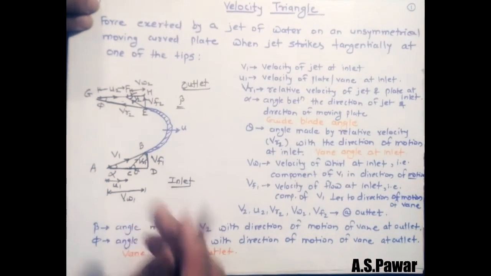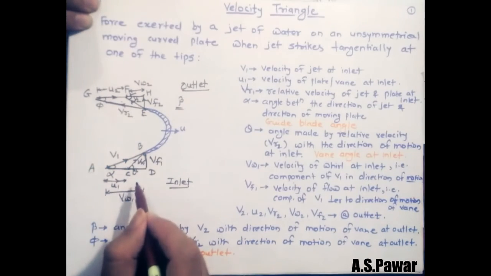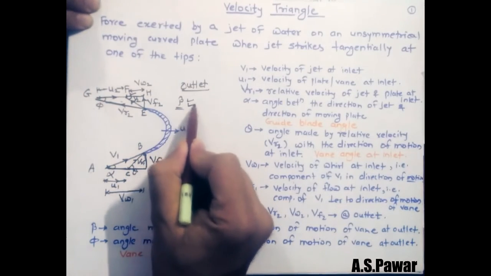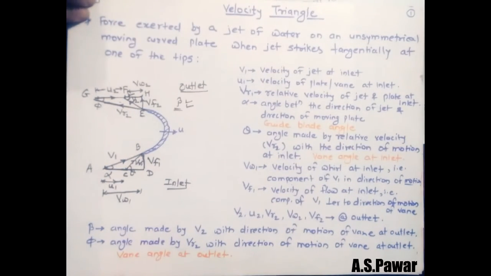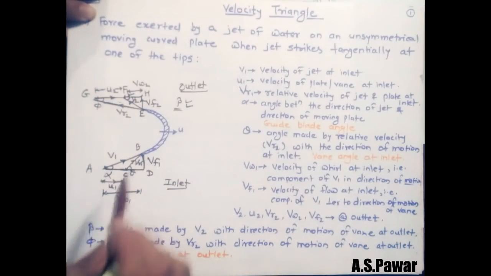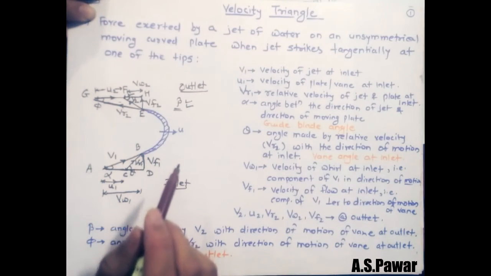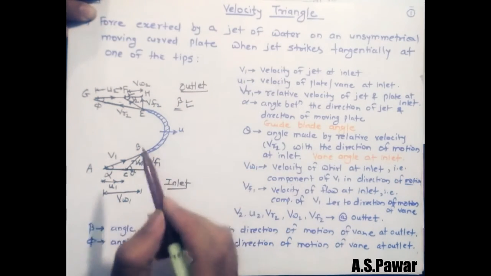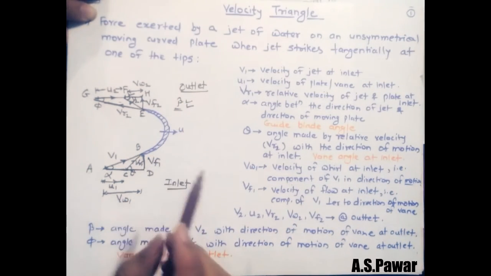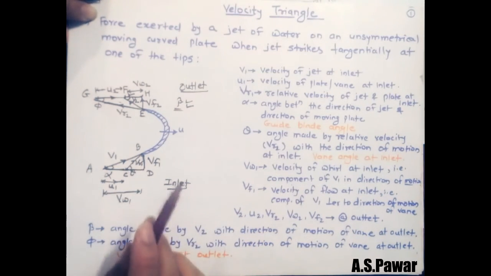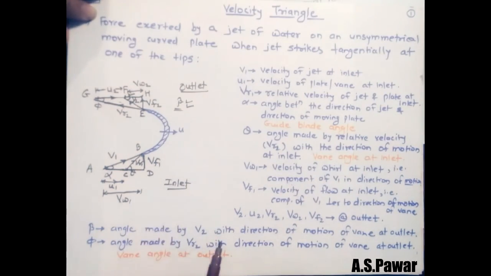Likewise we can construct the velocity triangle at the inlet as well as at the outlet of any curved plate. If we change the conditions for this beta, then we can have various cases which are applicable to different types of turbines. So this is very important. This is the basis we will require when we learn about hydraulic turbines. We just have to modify the condition of beta and we can apply this same concept to different types of turbines, where we need to construct the velocity triangles at the inlet and outlet of the vanes or buckets. Okay, thank you.